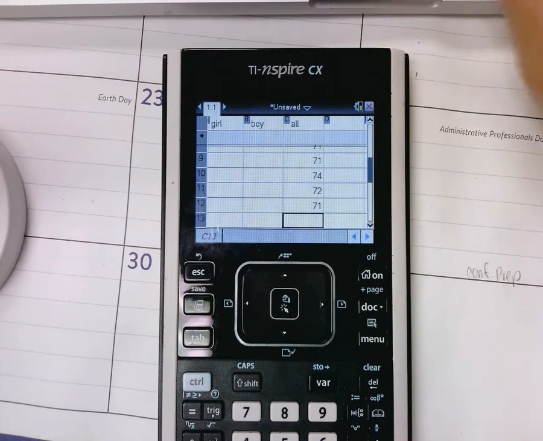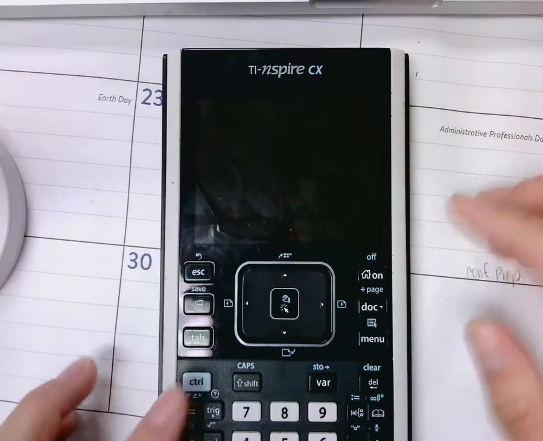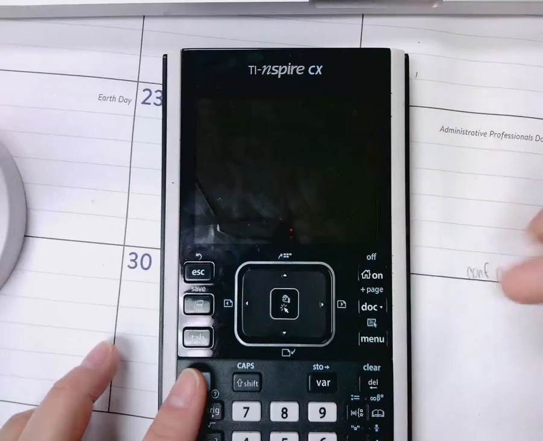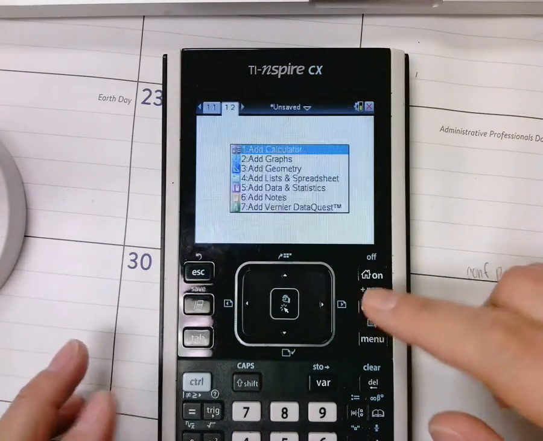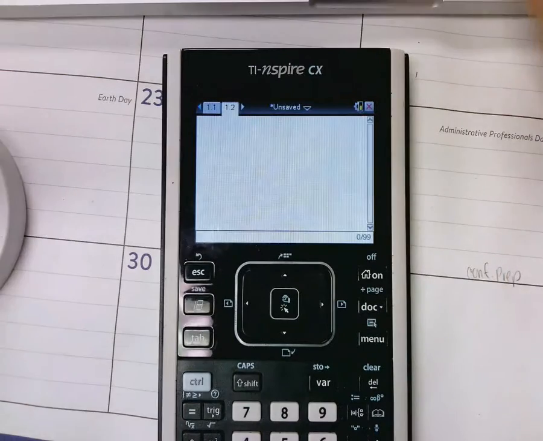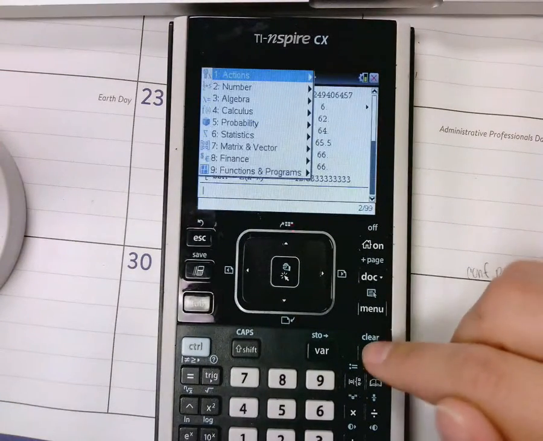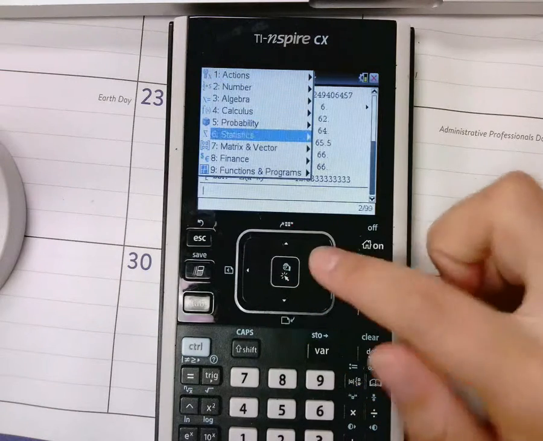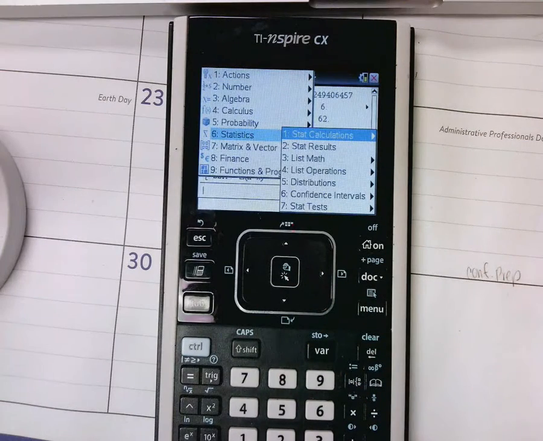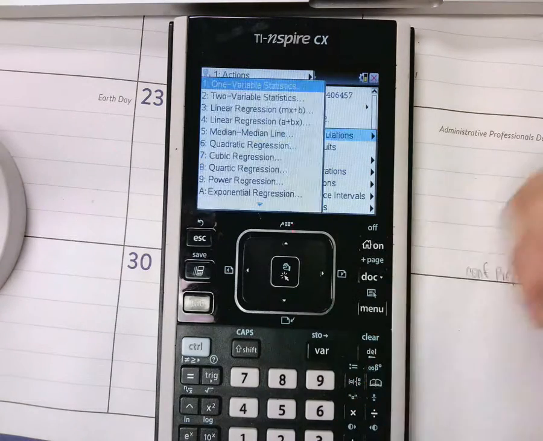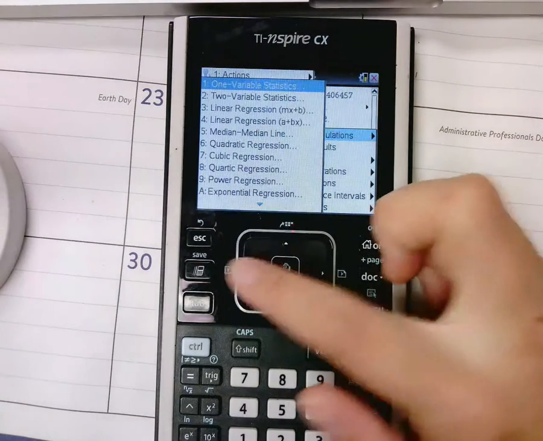So now we're going to open a new page. Add calculator. So go to menu, go down to statistics. Now if you just want the mean or you just want the standard deviation, you can do it the way I showed you before. Or you can go to,